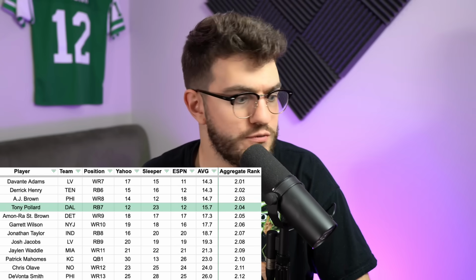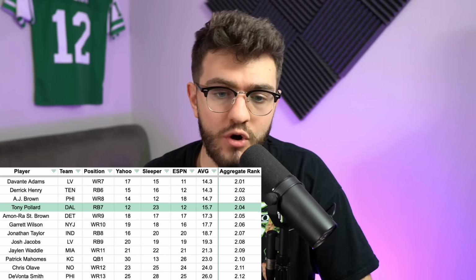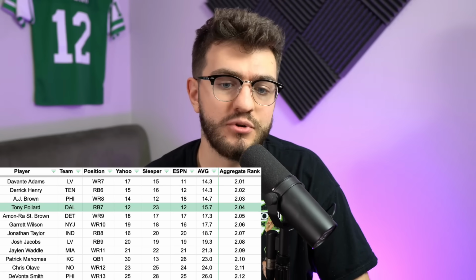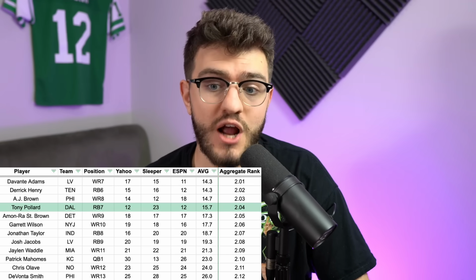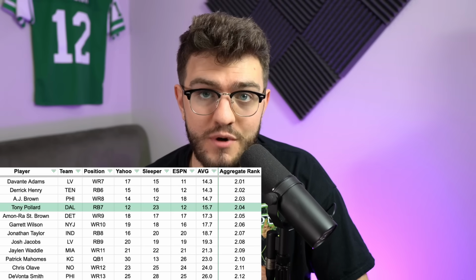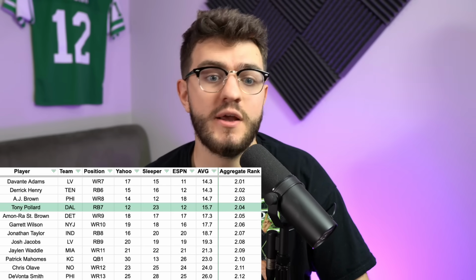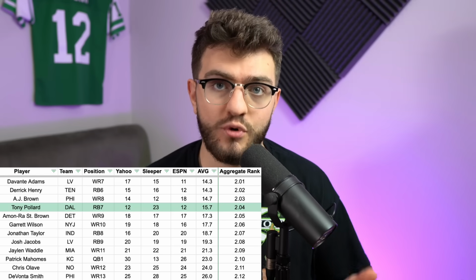And this is a guy who is a super, super talented running back with a good case to finish as the RB1 overall this year, one of the legendary upside running backs, I believe, this year. He was the RB8 in points per game last year with just a 48% opportunity share, which was 34th among running backs. He was 34th in opportunity share, 8th in points per game. He made the most of his touches, and he's now going to be the main back for the Dallas Cowboys.